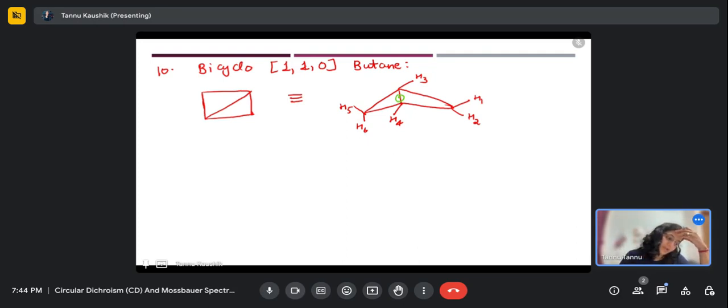Sorry, this is not an example of D4H point group. I'll show it later. So this has C2 axis perpendicular to the molecule,